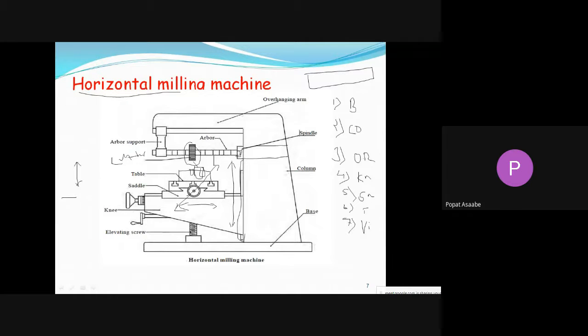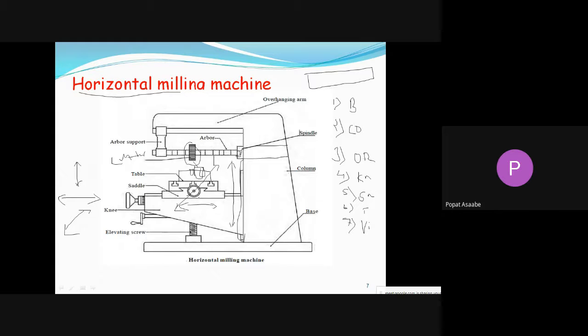Again that saddle moves in longitudinal direction, means right and left, and also we can give the feed to the table in crosswise direction. Okay, this is a 2D diagram, so it is difficult to show that crosswise movement, but you have to remember it is possible in the horizontal milling machine. Means we can give three feeds to that table.